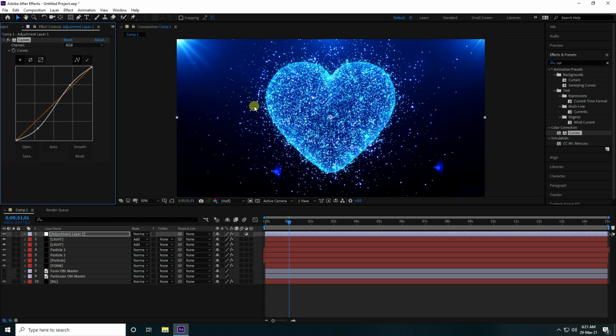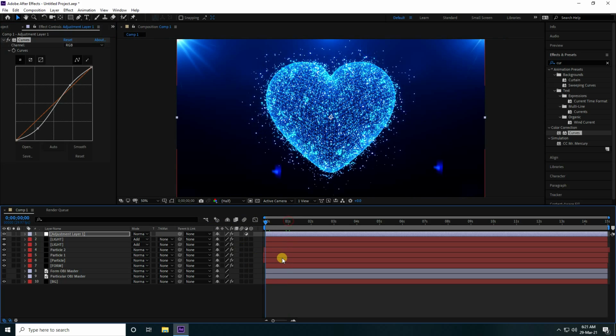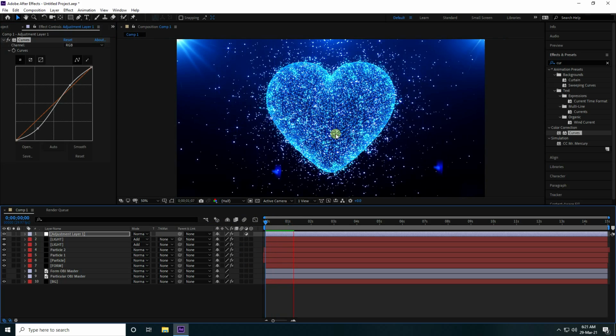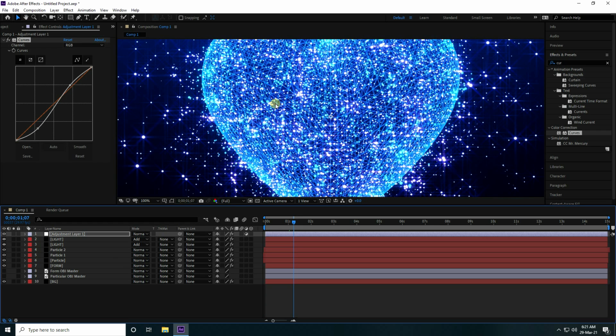See. Okay, so now guys, my particle effect is really good. It's really awesome. And guys, now you can increase more size effect.